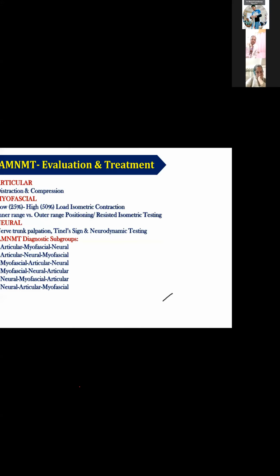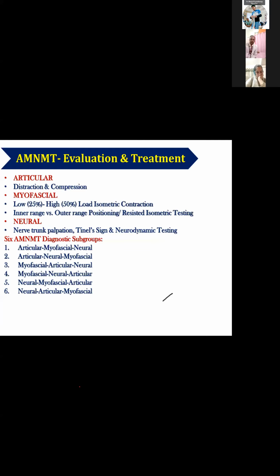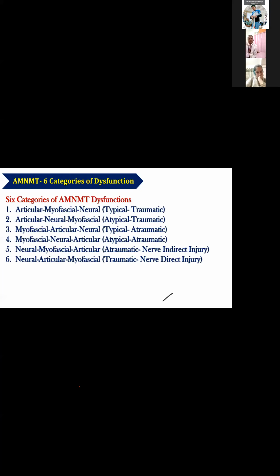So, evaluation methods and also the subgrouping. Again, it's an overview so that you will all get an idea. And six categories. Remember, I was talking to you about the macro trauma and micro trauma, versus direct and indirect, and typical and atypical, depending upon the age group or associated comorbid conditions. If comorbidities are there, it is called atypical. A person with osteoporosis can develop a bone fracture even by walking. Walking is not supposed to create a fracture, so it's an atypical one. What we see as typical, I have explained here, and also what will be the sequence.